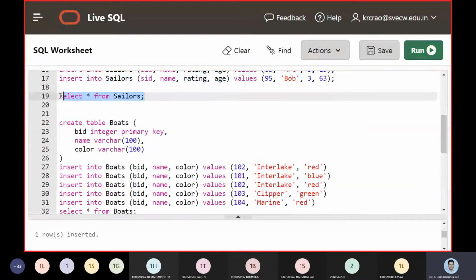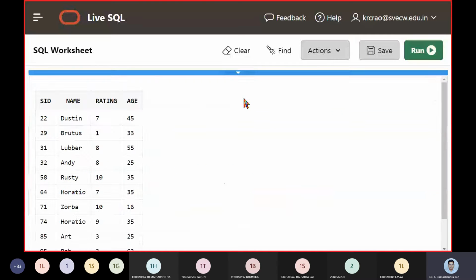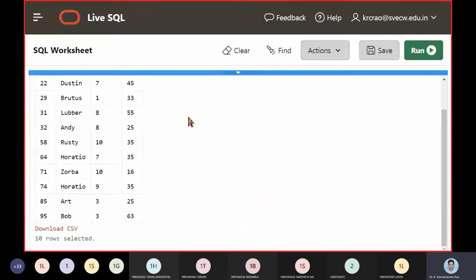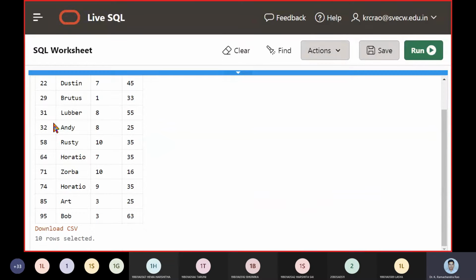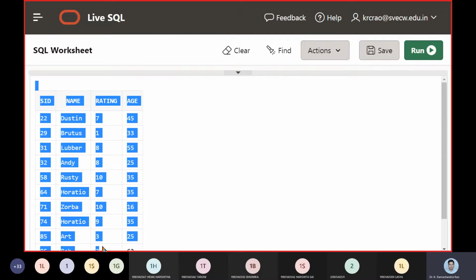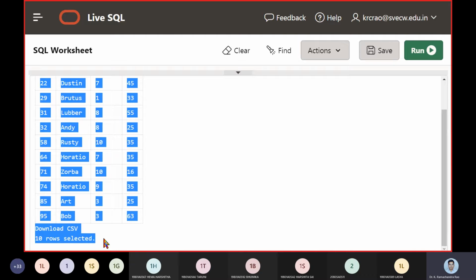Then we want to understand whether this really happened in the table, whether the Sailors database has been created or not. Now you can see that whatever insert operations we made with some set of 10 records, all 10 records were part of this content here.